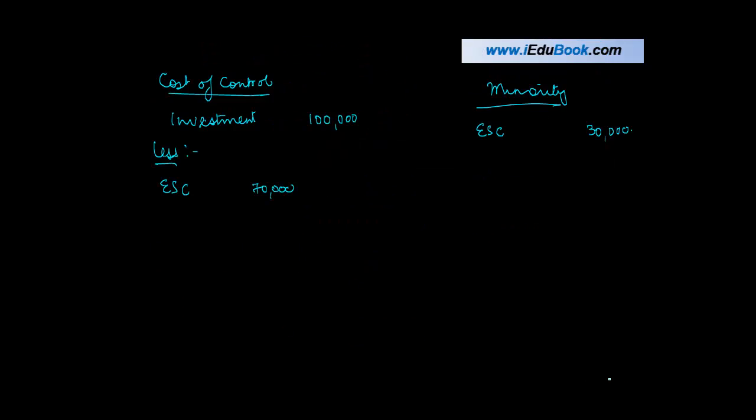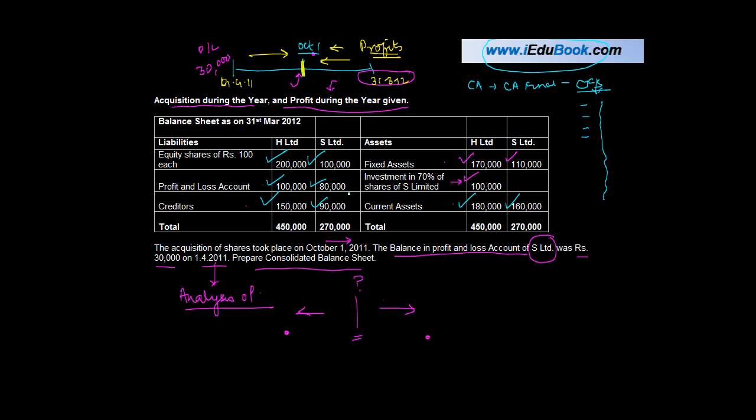Now this is where we need to concentrate. So analysis of profit. Acquisition happened on 1/10/2011. What is the closing balance? There is a total of 80,000, right? 80,000. The acquisition took place on October 1. The balance in the profit and loss account was 30,000 on